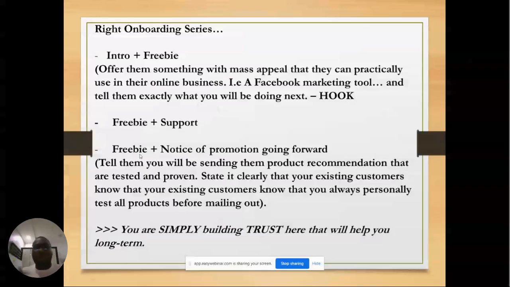They should get used to you. They should be looking forward to your email. That is the hook. So then, a notice of a promotion going forward. You are not in the affiliate marketing business to do goodwill. You need money, okay? So in your third freebie, the last paragraph could be where you just tell them, going